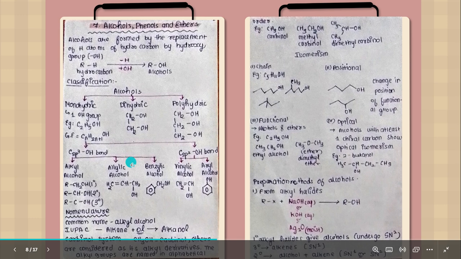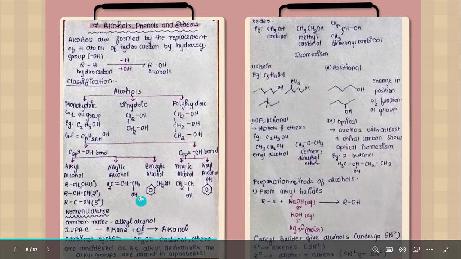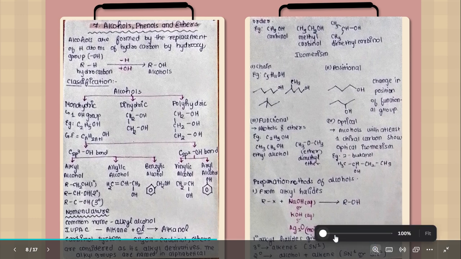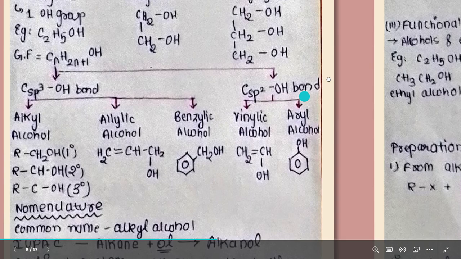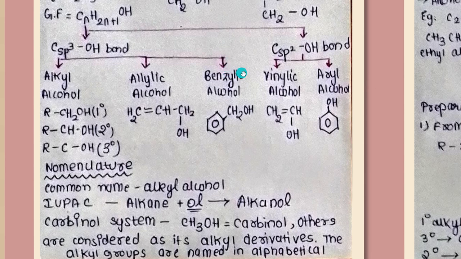Now coming to allylic alcohols. What does the word allylic mean? It means the carbon atom which is next to the carbon-carbon double bond, right? So here we have a carbon-carbon double bond. The next carbon atom, this CH2 over here on the right side of the screen, is attached to the OH. So this type of OH bond is known as allylic alcohol. It forms an allylic alcohol. So better we zoom it, right? This is allylic alcohol.